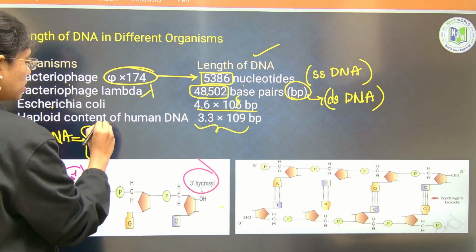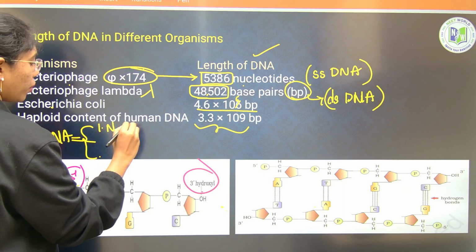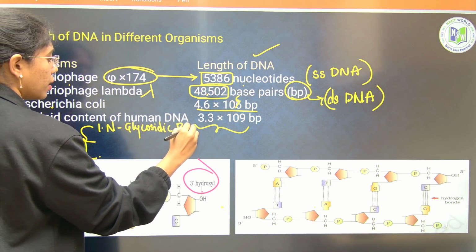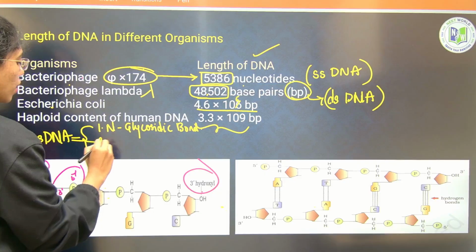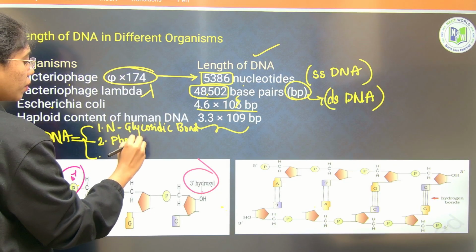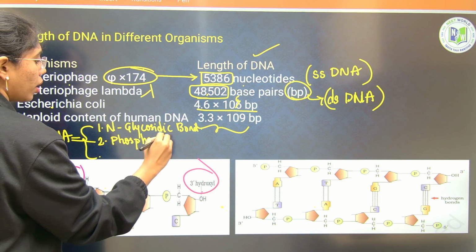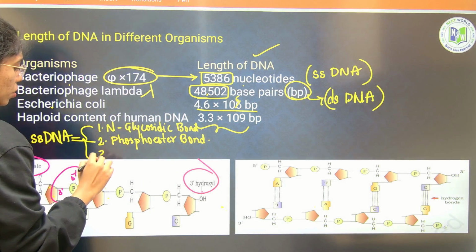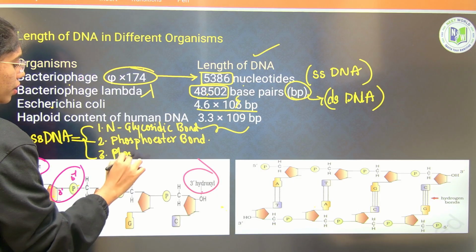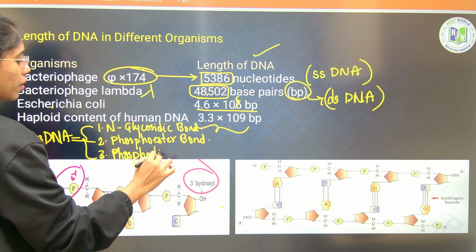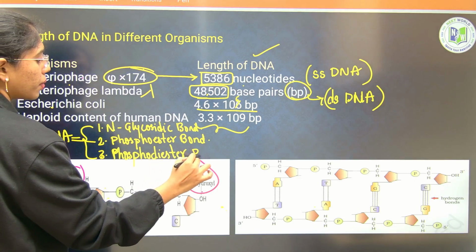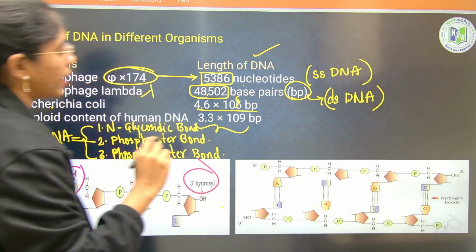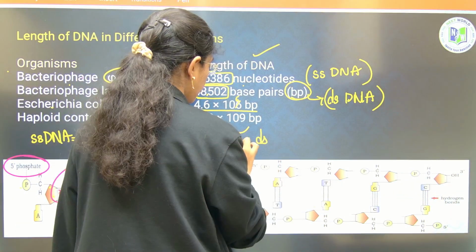One is N-glycosidic bond, second is phosphoester bond, and third is phosphodiester bond. Fine, right? Next, in a double stranded DNA, along with these three bonds,